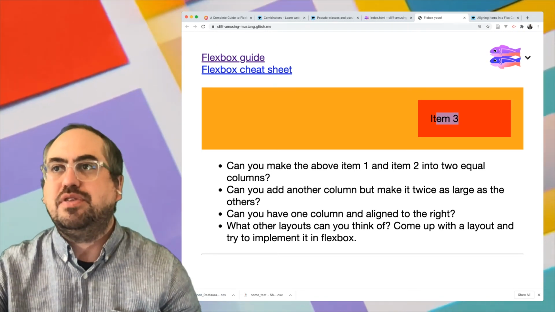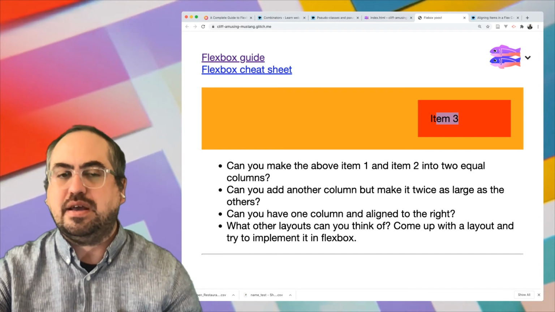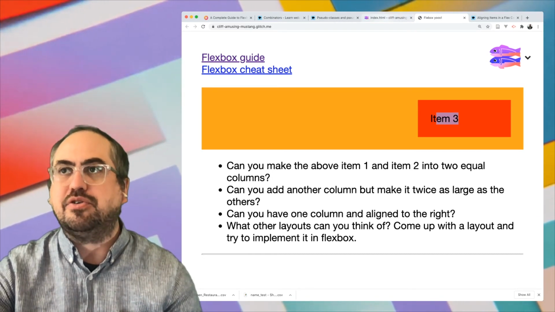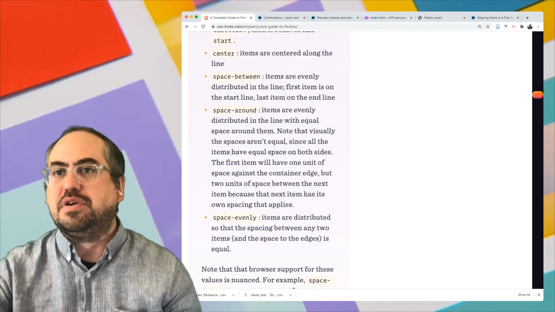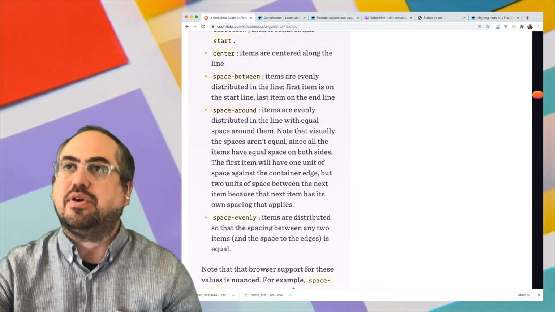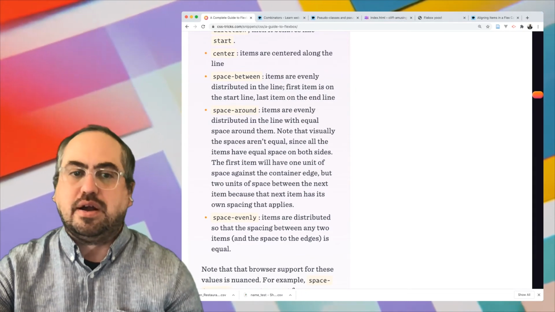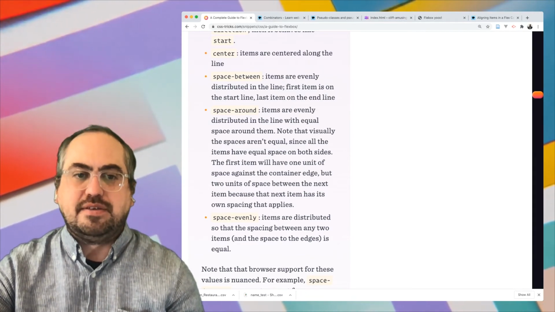So it's a very powerful thing to play around with and figure out how to get working for your specific layout that you want to do. And if you can think it, you can usually get it working with Flex. All right. So after that activity,